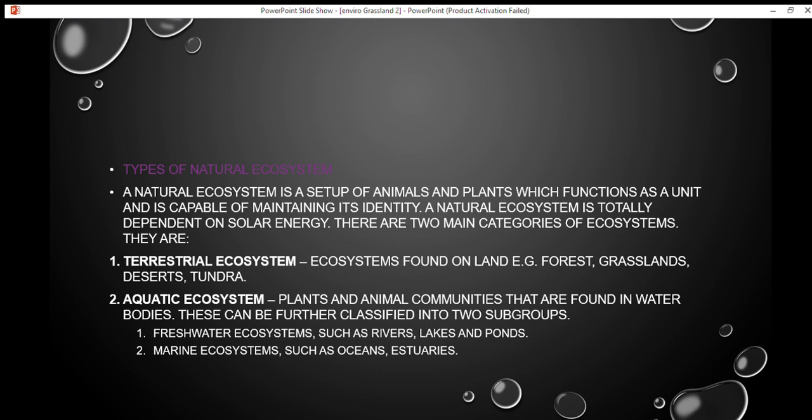There are two main categories of ecosystems. They are a terrestrial ecosystem and an aquatic ecosystem. Now, on a terrestrial ecosystem,